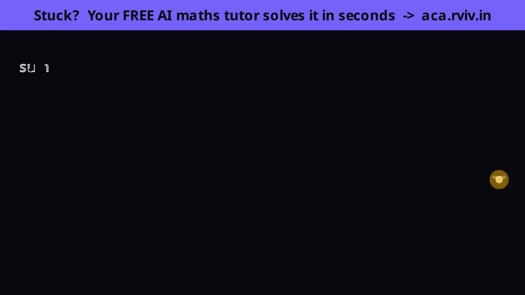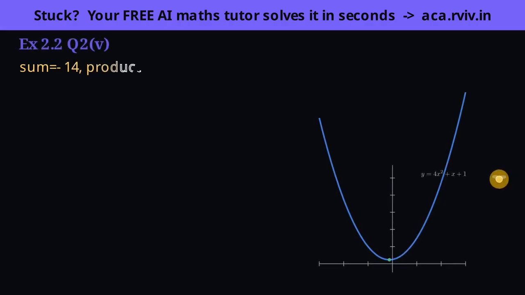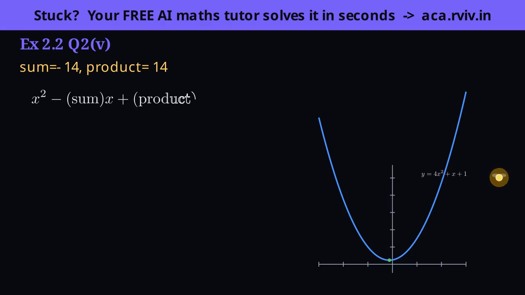Part 5 hides the classic trap of this whole topic. The sum itself is negative, so the template's minus sign meets a minus. Go slowly. Setup: same template, but here we must watch the sign carefully, because the template already subtracts the sum and the sum is itself negative. Substitute sum minus 1/4 and product 1/4. Notice the minus in front now sits against a minus 1/4.